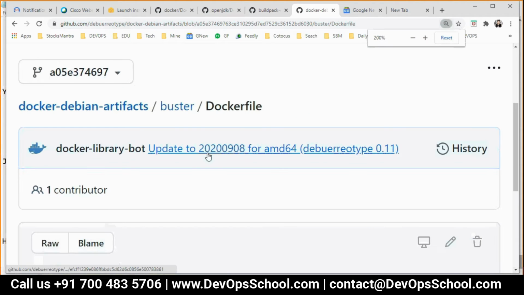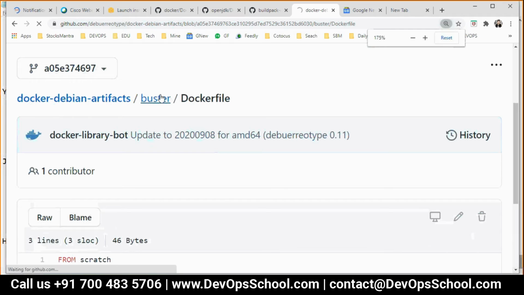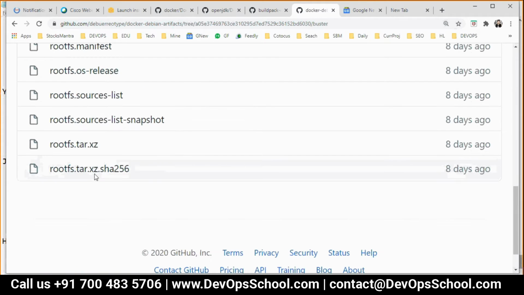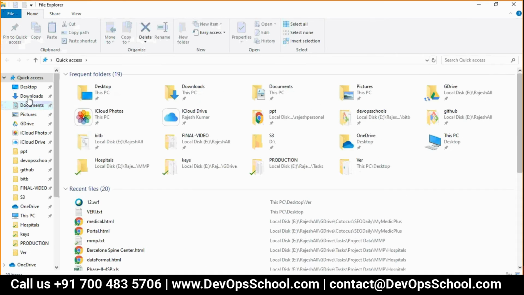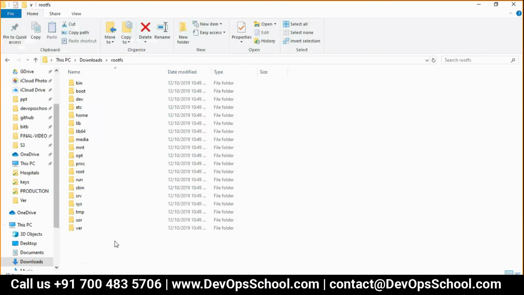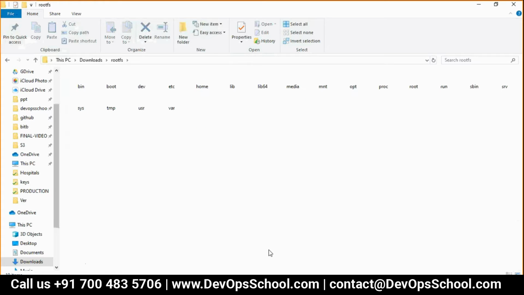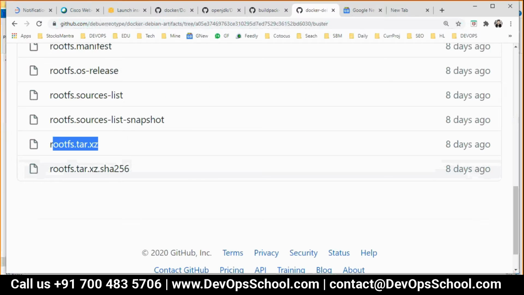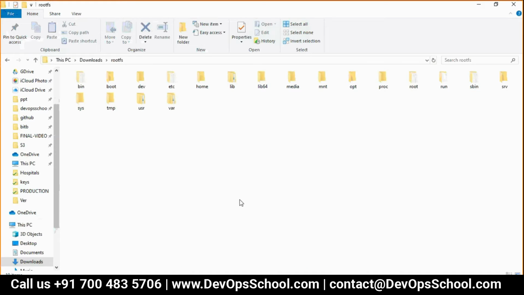So if I see here, the tarball, you can find it here somewhere. Okay, I have downloaded it. I'll show you this, you will probably understand much better. So here, see, this is the root file system, the one which I have shown you here. So do you recollect what this is? Root file system, yeah. Correct. These are the root file system.